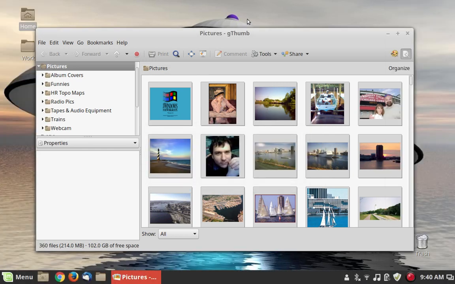As far as photo management is concerned, the one that I like the best is called Gthumb. Ubuntu comes with Shotwell pre-installed, and Shotwell's okay, but for managing photos, I really like Gthumb. It's just easier for me to use. It allows you to do a lot of things. You can edit your photos, change the saturation, crop them, all kinds of stuff. So Gthumb is definitely one worth checking out. And if it's not pre-installed on Linux Mint, it's one click away to get it installed.